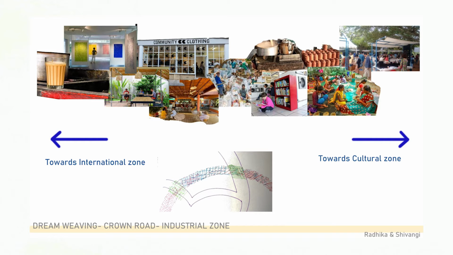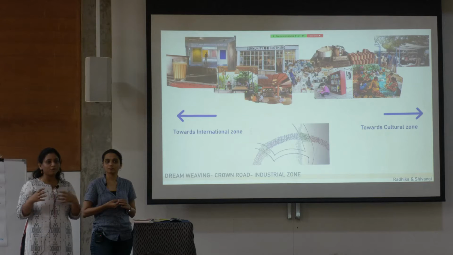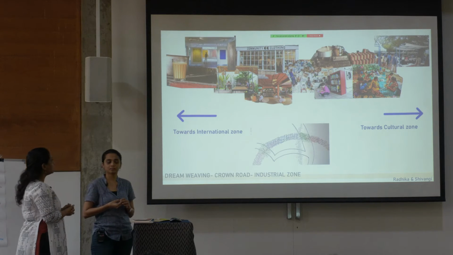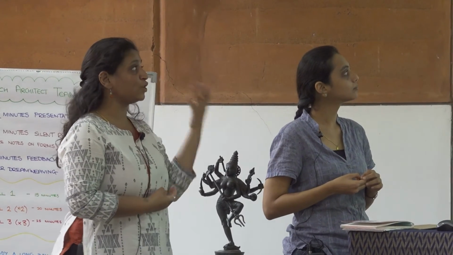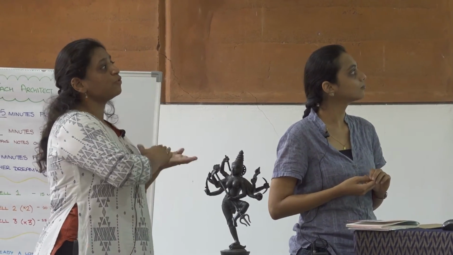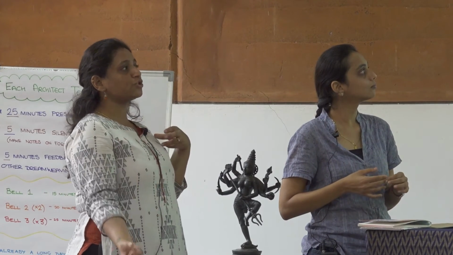Then we just got a picture of something saying community clothing, but the idea is that there is some kind of shopping that happens within the industrial zone that's more for the people who are working there and more for the interaction that could happen within the zone. Then facilities like having laundry during the day there. And then as we move towards the cultural zone, it could be more of the cultural zone spillover that could start happening onto the crown of the industrial zone. So that could mean some kind of market, some kind of exchange through the vocational trainings, exchanging of skills and things like that. And this is the exploration we had.